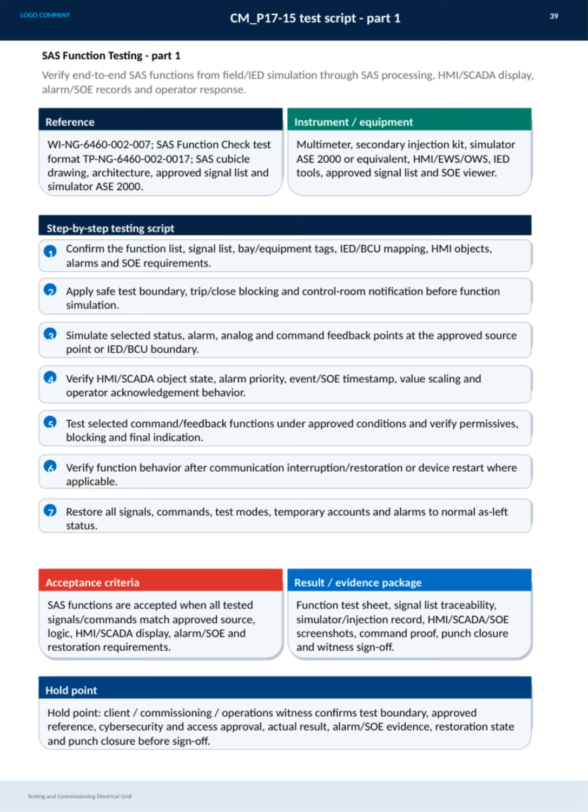The testing follows a clear step-by-step script. First, confirming all function, signal, and mapping lists, then setting safe test boundaries and notifying the control room. Next, simulating selected points and verifying object state, alarm priority, timestamps, and operator acknowledgement, followed by testing commands under approved